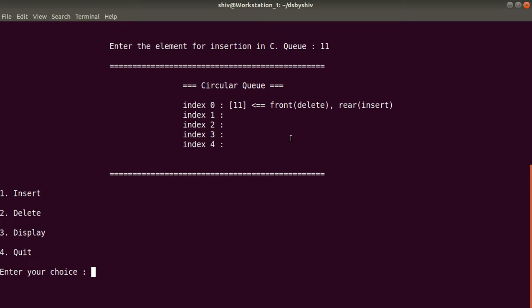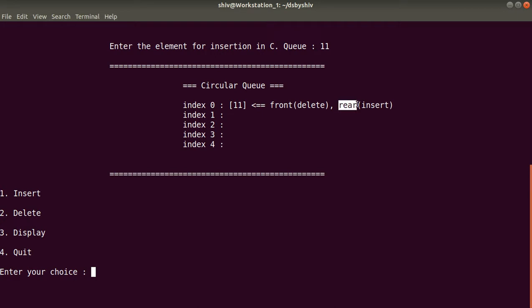Again I am going to insert one more element. When I insert, insertion will happen at the rear position. Currently rear is denoting 0. So first the rear pointer, or we can say the rear variable, will increment.